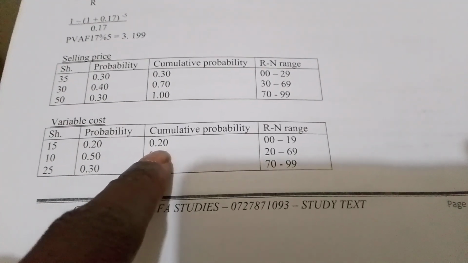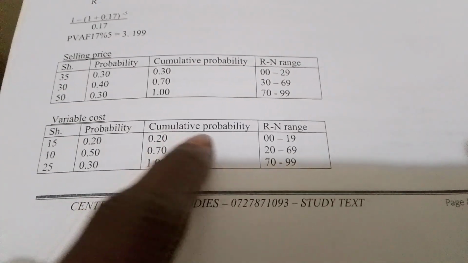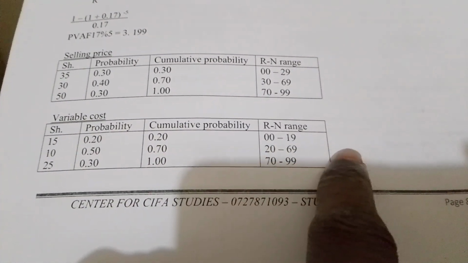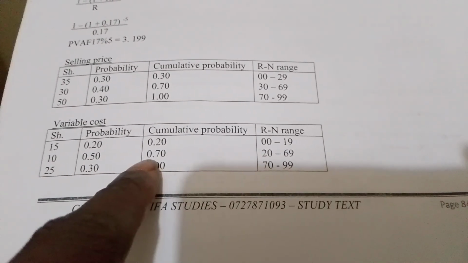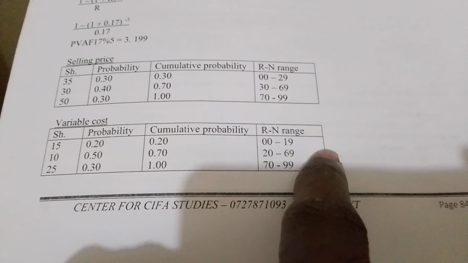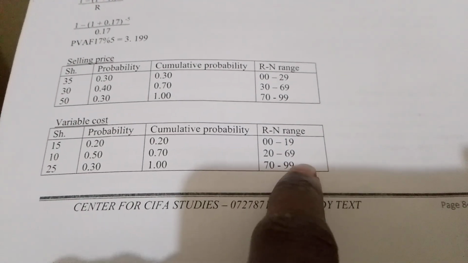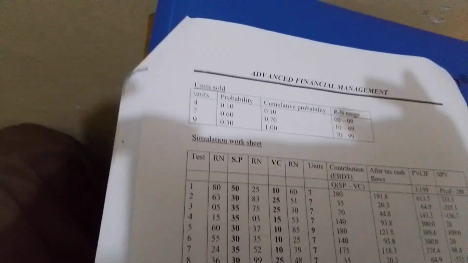So 0 up to 19. We are saying 20 minus 1. 0 up to 19. 19 plus 1 is 20. 20, this is 70. 70 minus 1 is 69. 69 plus 1 is 70. This is 100, up to 99. The other now is for